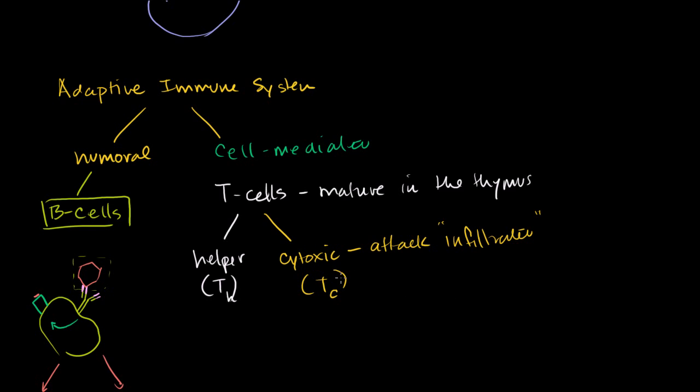But what I want to focus on, out of the 3 types of lymphocytes, remember, everything we've been talking about is leukocytes, white blood cells, but lymphocytes are a subset of that. And these 3 are lymphocytes, and they're called that because they begin their development in the bone marrow.